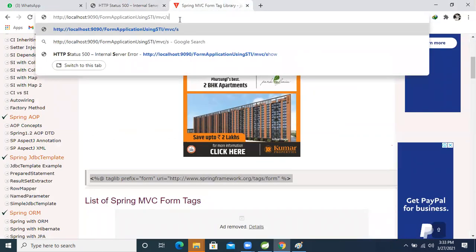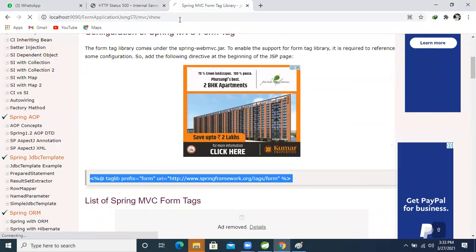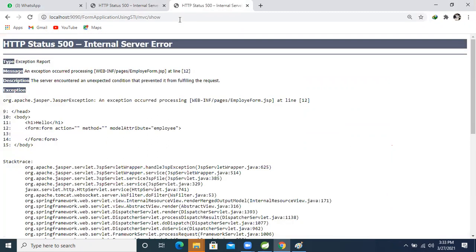MVC. Hmm. Wait one minute, one minute. Why is it giving this?